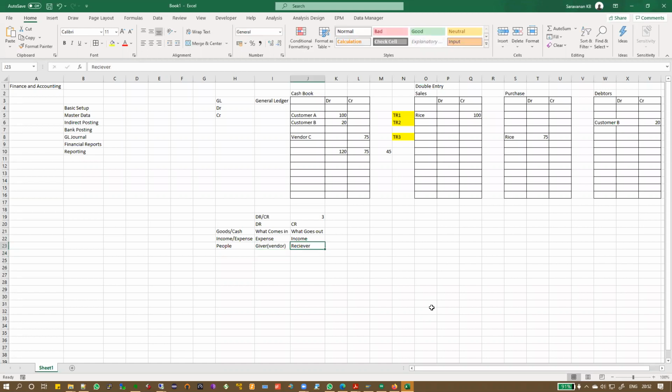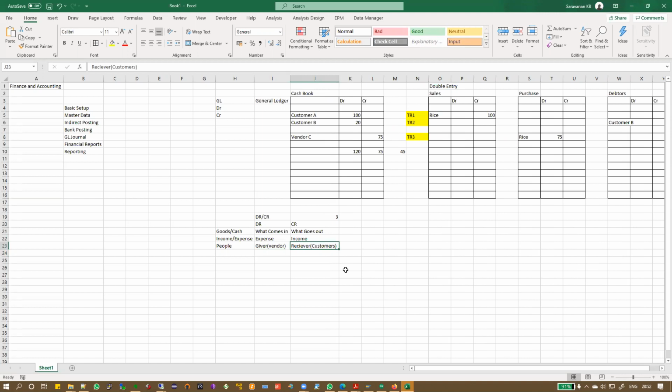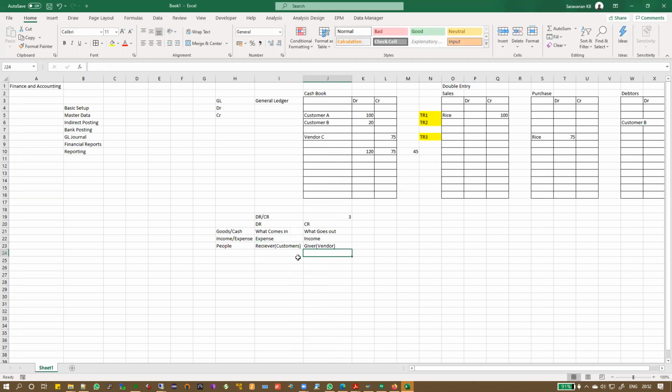So debit your vendors and credit your customers. Okay, that means whenever you are selling to your customer, you need to. Oh, sorry, this is the opposite. Sorry. Okay, so debit the receiver and credit the giver.